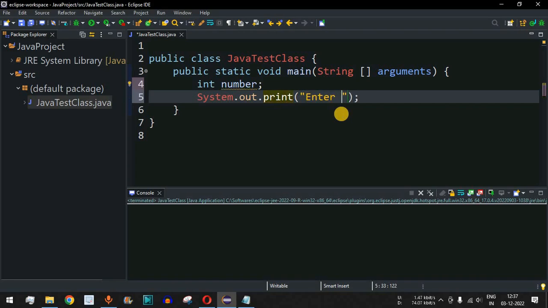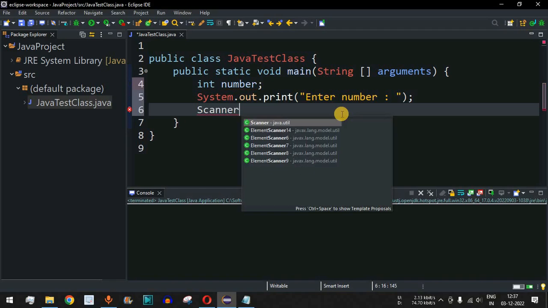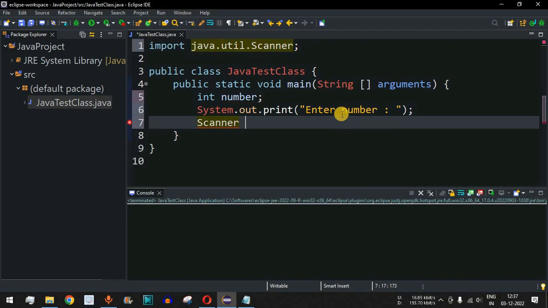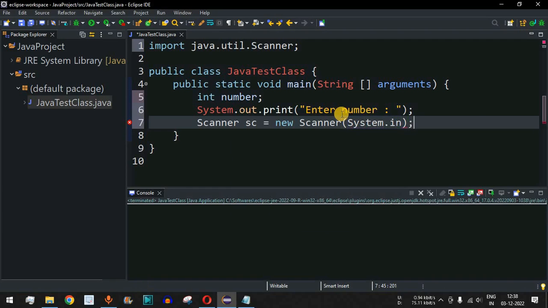So we will say enter number in this case, and then the user will be entering the number using the Scanner class. So we can easily take the input from the user on the console using the Scanner class. We have the sc object name followed by the new operator, and then the Scanner constructor, and inside the parenthesis we have to provide System.in so that the user can provide the input on